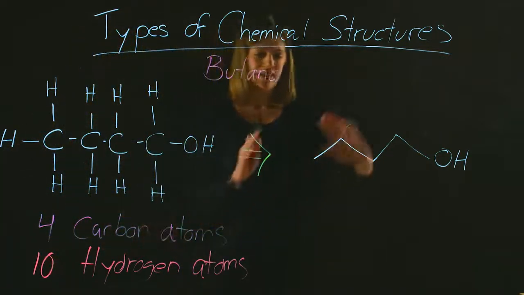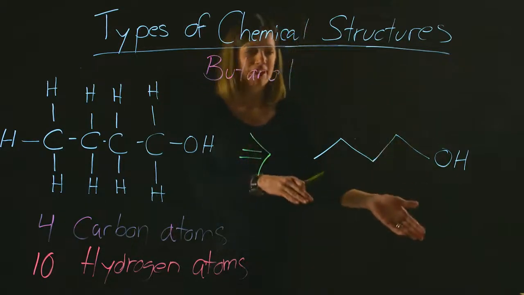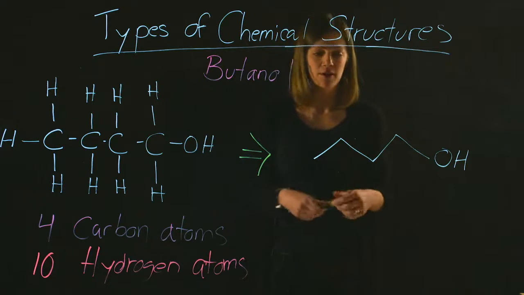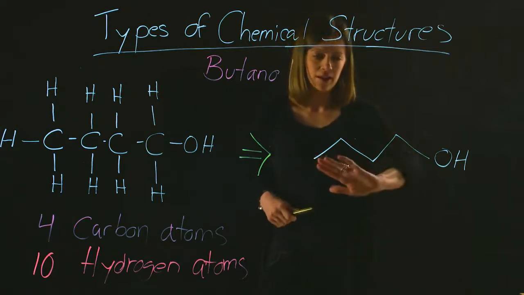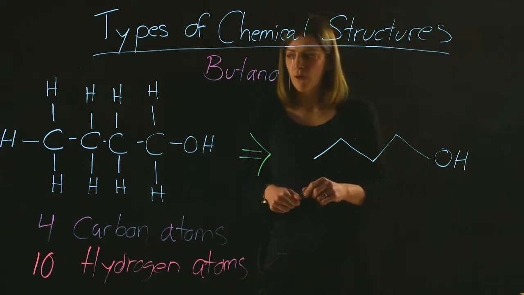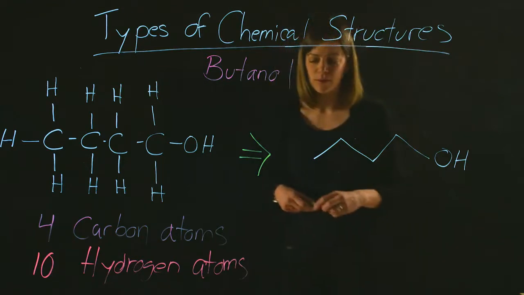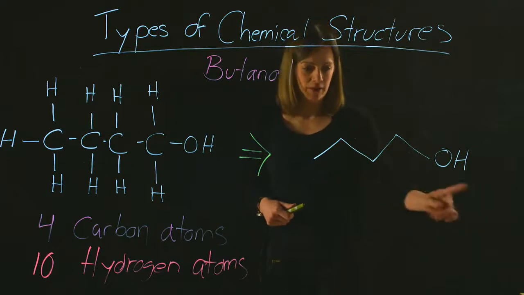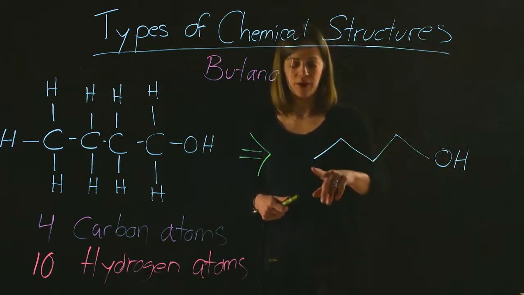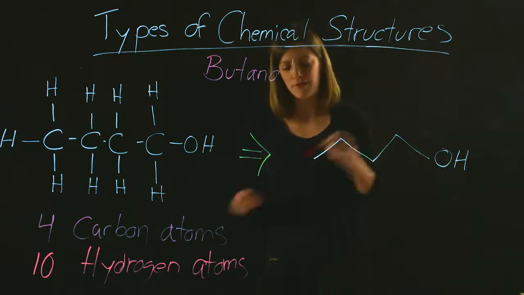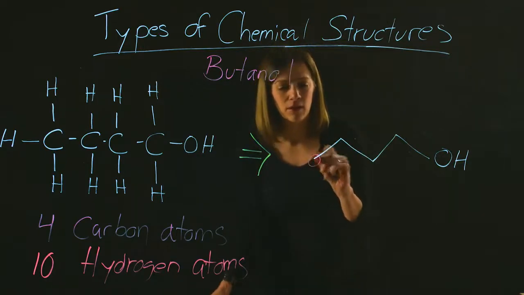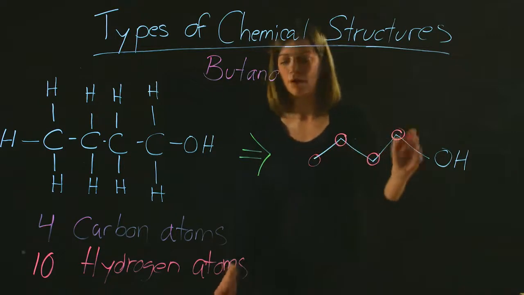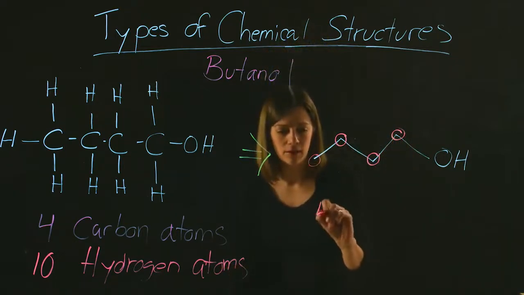If you look at the other structure here on the right side, that's the same compound. However, the structure is very much different. First, when you look at it, you can see that there are no carbon atoms that are labeled. So you have to be able to see them. In order to find out how many carbon atoms you have in here, you have to assume that you have 1 carbon atom at every endpoint or corner of the zigzag. So then you have 4 carbon atoms here.